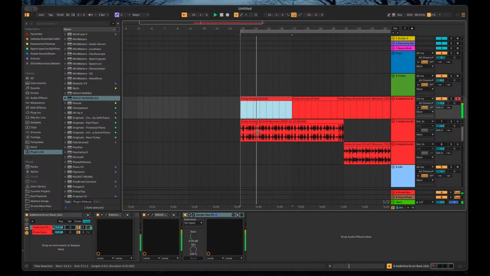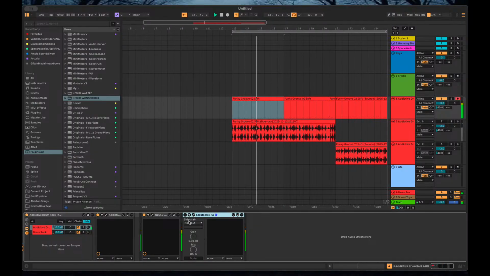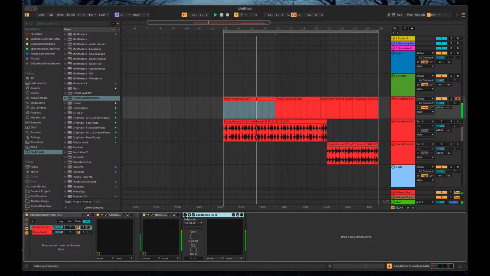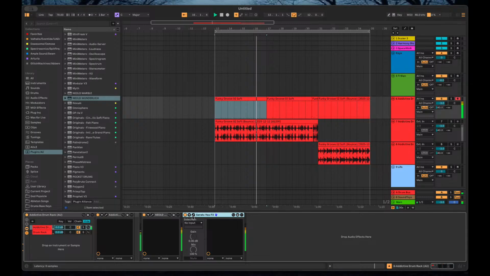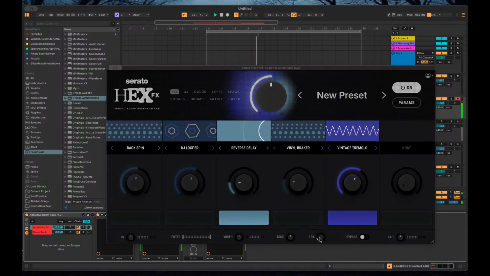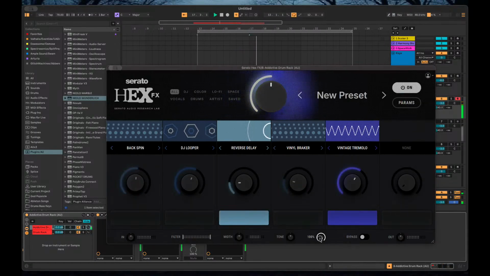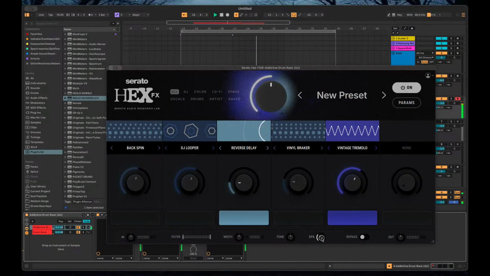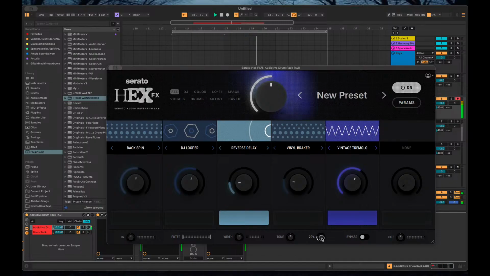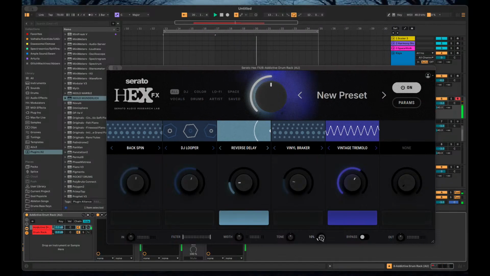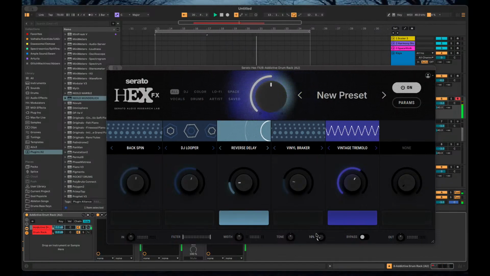Different groove. Take it off. It's really lightweight too, what it's doing, because I'm only running it at like 10%. That's full. So if you bring that down to like 10%,